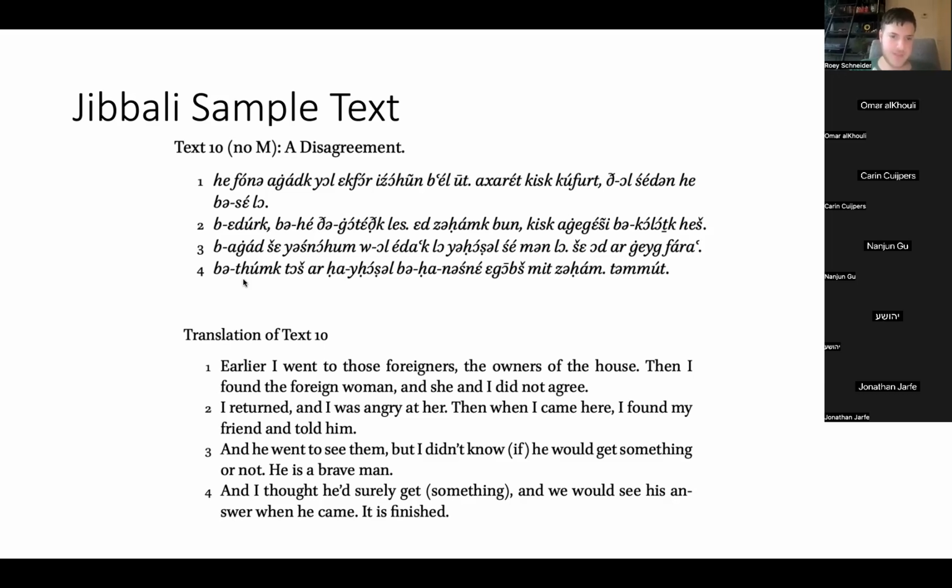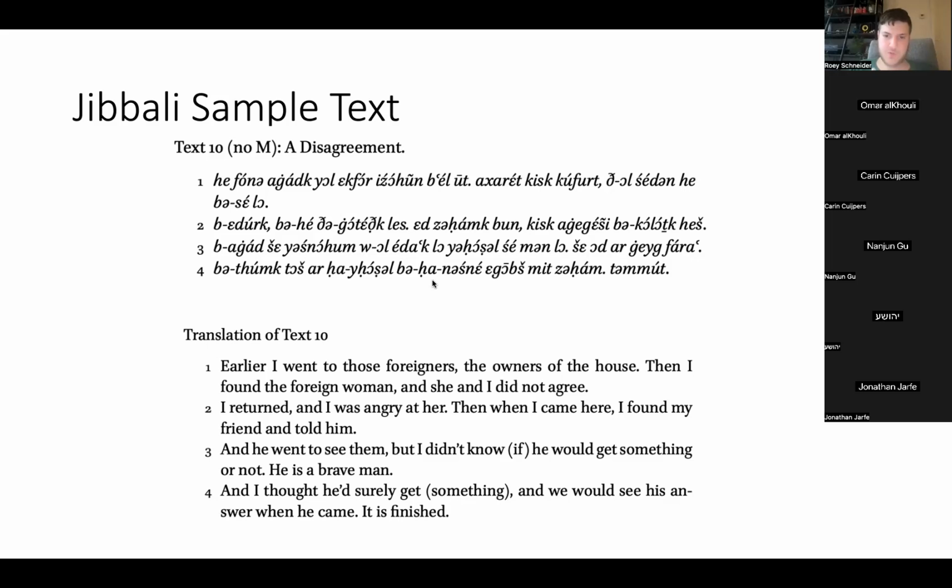Betunk, and I thought, tosh, that he, ar. So ar is from bar. It means already or ready or something like that. But he truly is, or something like that. Hay hotel. So if he would get something, sorry, I thought he'd surely get something. So I thought about him or that him already to get something